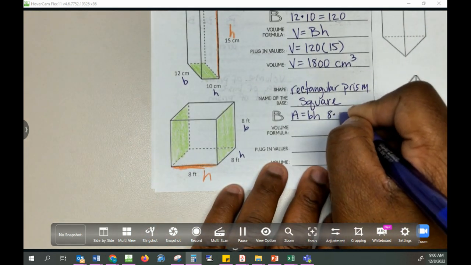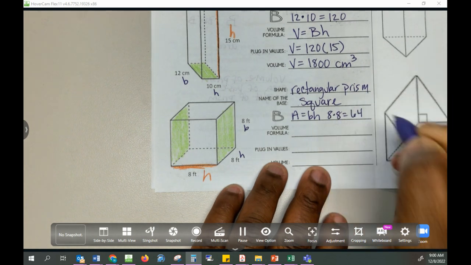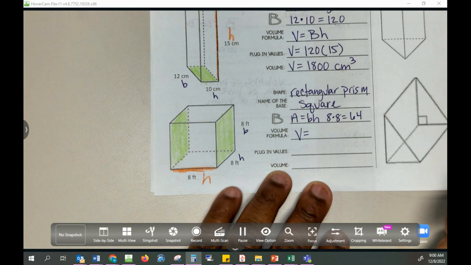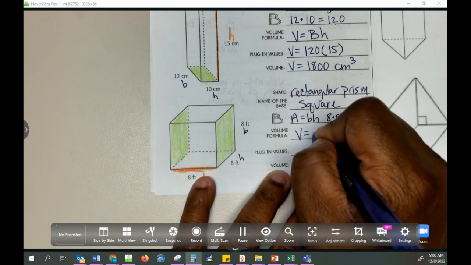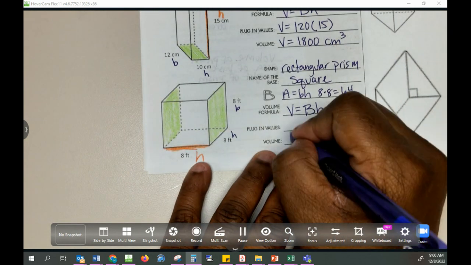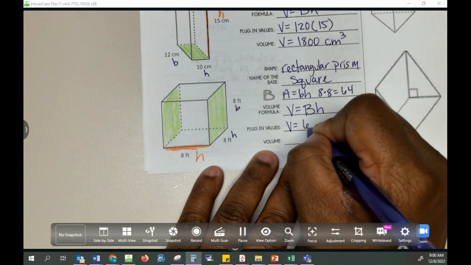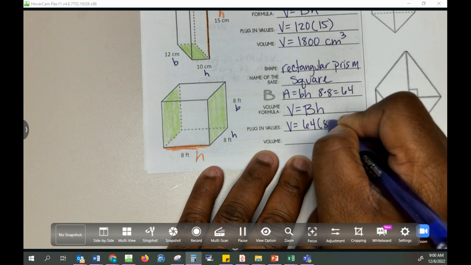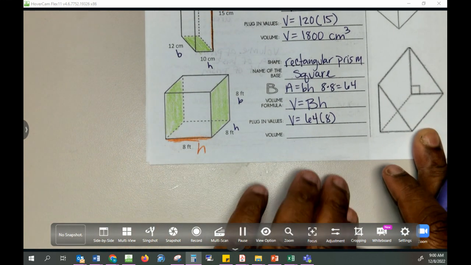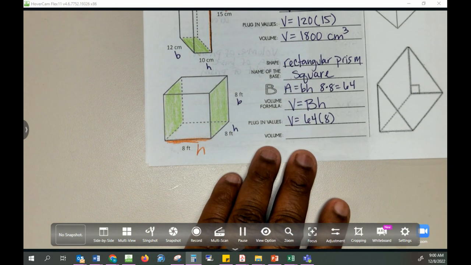So that's 8 times 8, which is 64. The volume formula is big B times height. And when I plug in the values, I'll have 64 times 8, because this here is the height of the prism. So 64 times 8